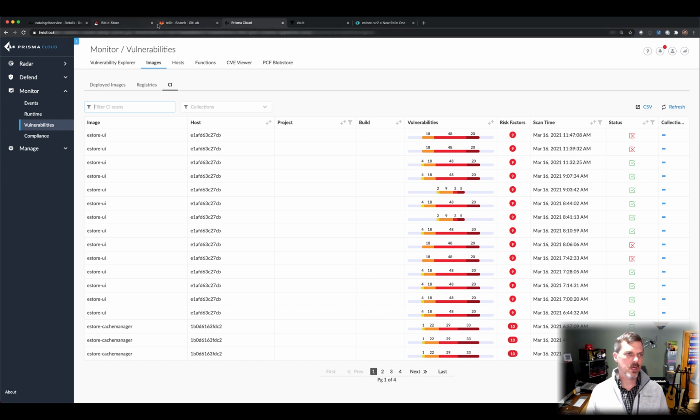We showed how we are just pulling in signed certificates, and then we showed how we integrate